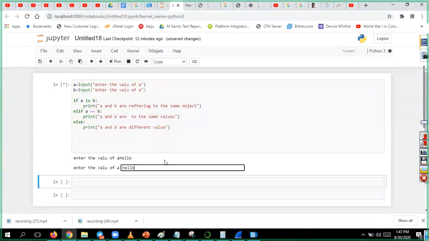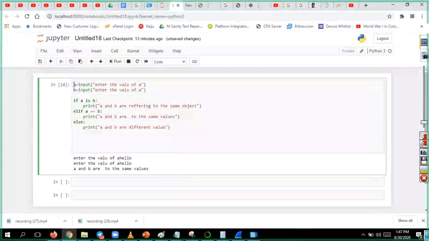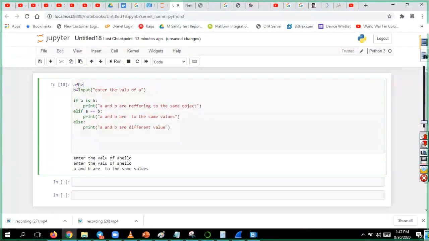Now I just want to know whether A and B are the same values. Means somewhere it is taking space when we are giving it slash n or something like that. But if you consider this as hello, the same thing I'll copy and put it over here. Let us see what it will give us.